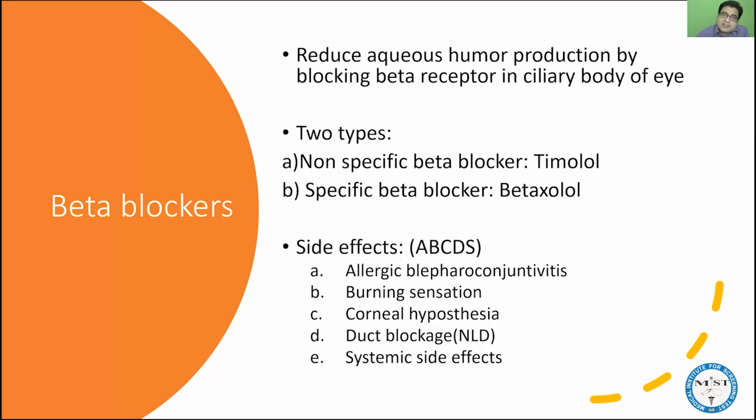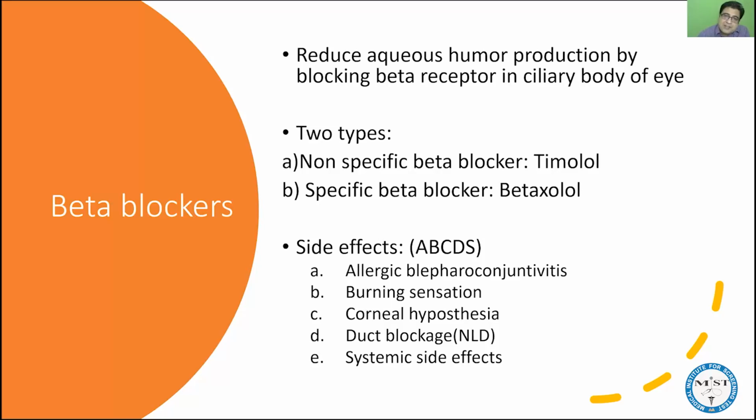Number two, beta blockers can cause a burning sensation. And there are some beta blockers which have membrane stabilizing property. These medicines can stabilize the corneal membrane and also interfere with the integrity of the corneal epithelium or endothelium, right? And that will lead to corneal hypoesthesia. So decreased sensation of the cornea is one of the side effects of beta blockers, because whenever the patient gets any corneal injury, the patient will not come to know that a foreign material or an injury is there, and that will lead to complications. So beta blockers can reduce sensation of the cornea.